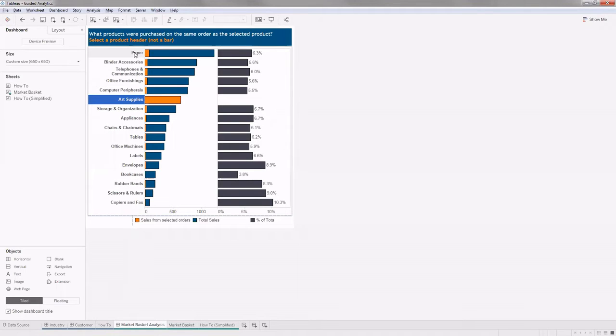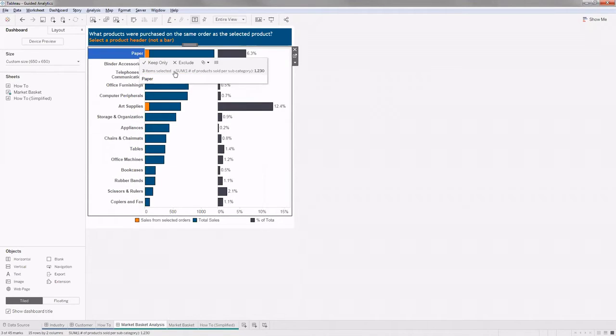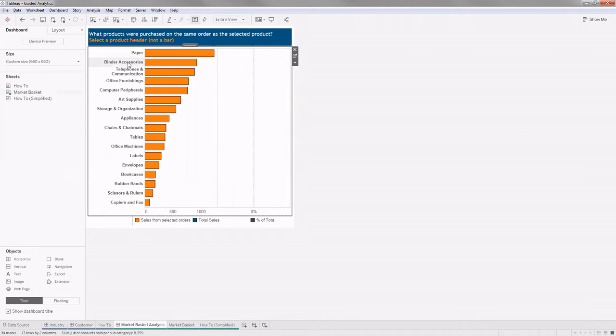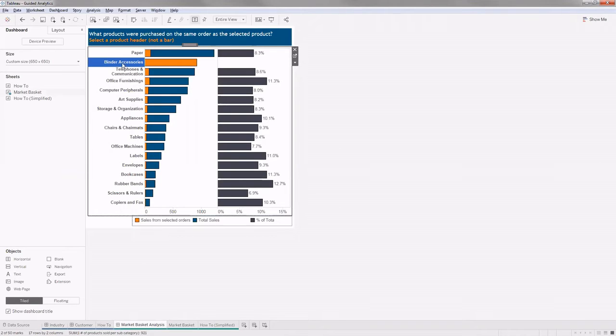And if I click on binders and accessories, the orange one indicates how often those particular subcategory products are purchased along with these binders and accessories. If you can see this, there are more products purchased from the papers category along with binders when compared to scissors, rulers, tables, etc.